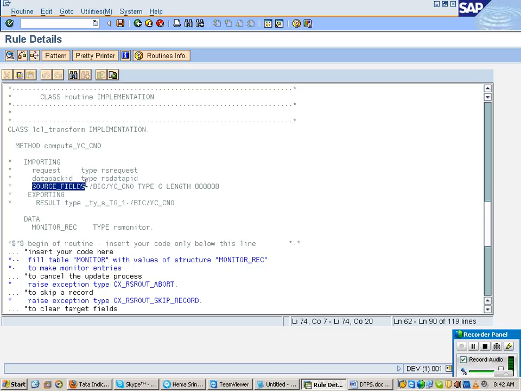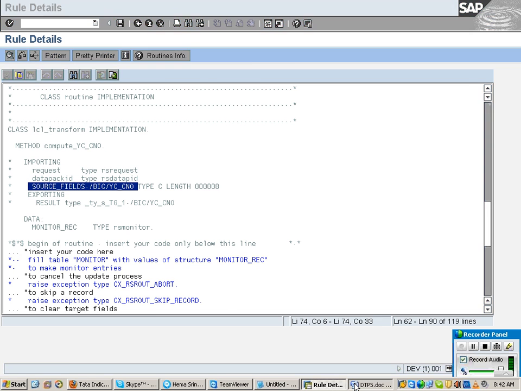How is the data source represented here? Source underscore. So the transformation is importing the data from the data source. Hyphen. What is there now? Info object. That means the transformation is getting the data from customer number of my data source. As of now, what is the value it is getting?